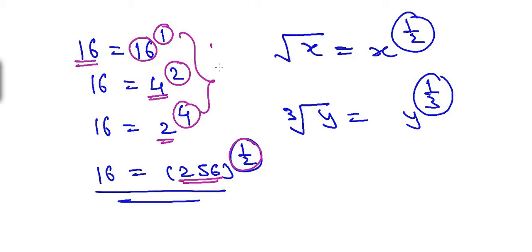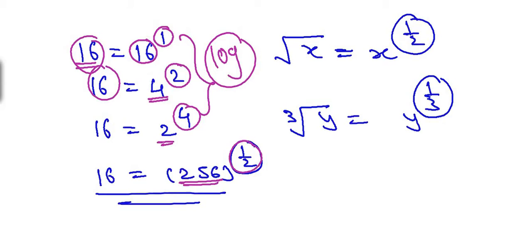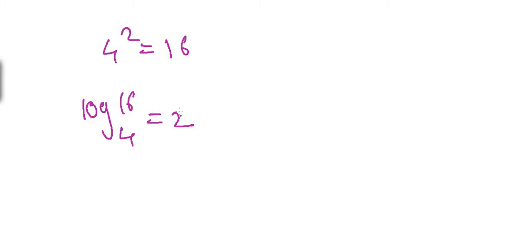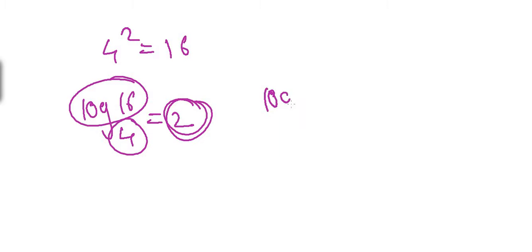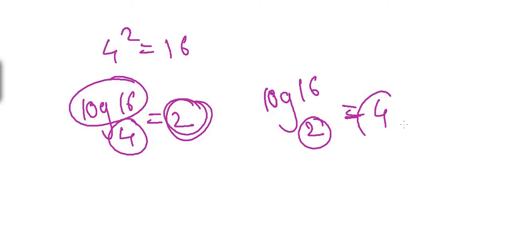This power is known as log. Now as base changes, for the same number 16, its log also changes. So for 4 raised to 2 equal to 16, we can say that log of 16 to the base 4 is equal to 2. Now log is 2. So we are writing log of 16 is equal to 2 to the base 4. Now if we will change the base, then log of 16 to the base 2 is equal to 4. So when there is change in base, there is change in log.